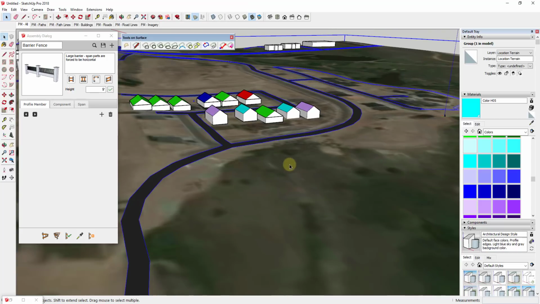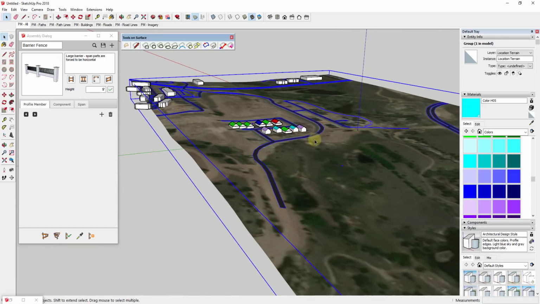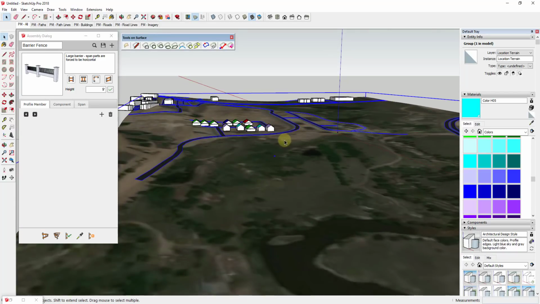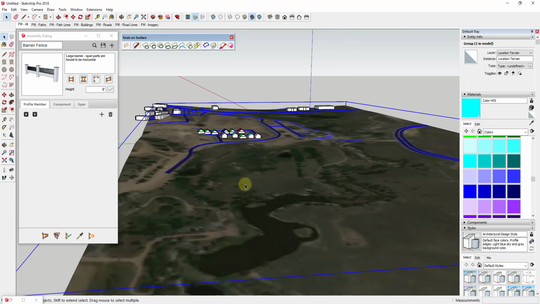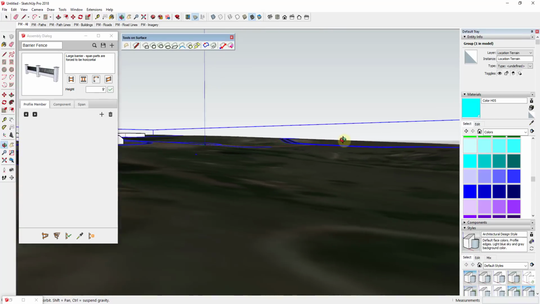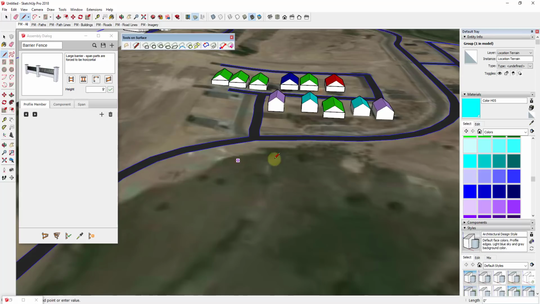Alright, so when you're working with models in SketchUp, sometimes it can be pretty easy to create things like fences. So if you were dealing with a completely flat terrain, it would be fairly easy to create a path and then extrude something along a path in order to create that fence. However, when you start dealing with actual terrains, like this one that I've imported that has a bunch of ups and downs, that gets a lot harder because you can't just draw a straight line,